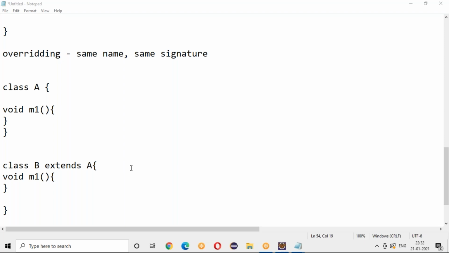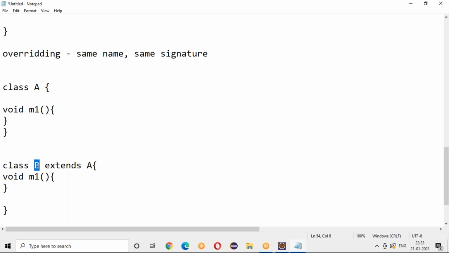Here, what is overloading? Same name, different signature. You are clear with that. In overriding, the name and signature are the same. There is no difference here. But overriding is done in child and parent. This is the inheritance concept. I have a class A and a method called M1, right?